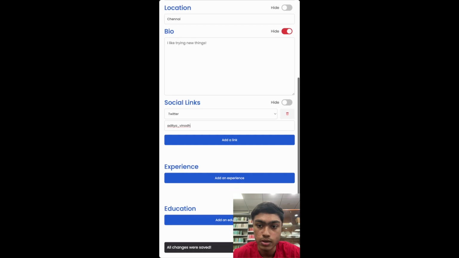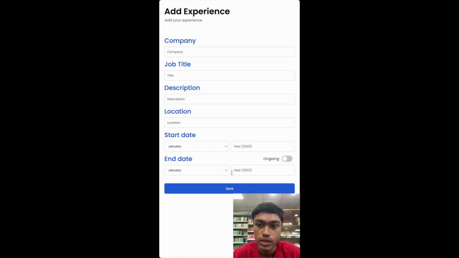So over here I'm clicking on add link to provide a Twitter link. I'm going to click on add experience to provide my experience at getCREDIBLE. So for company name, I'm going to provide the name of the company, my job title, a description to explain what my role was to give better context,